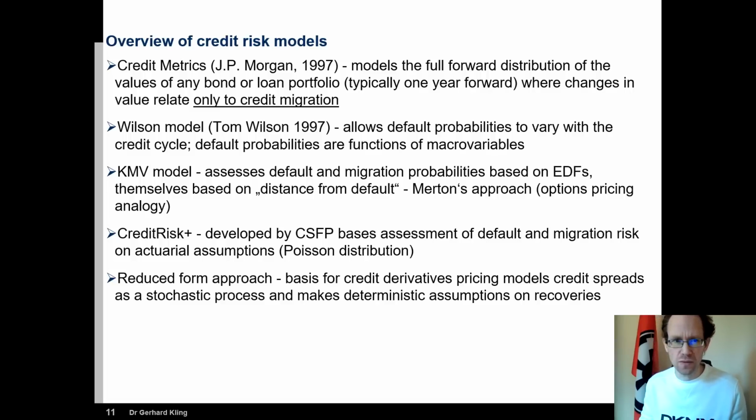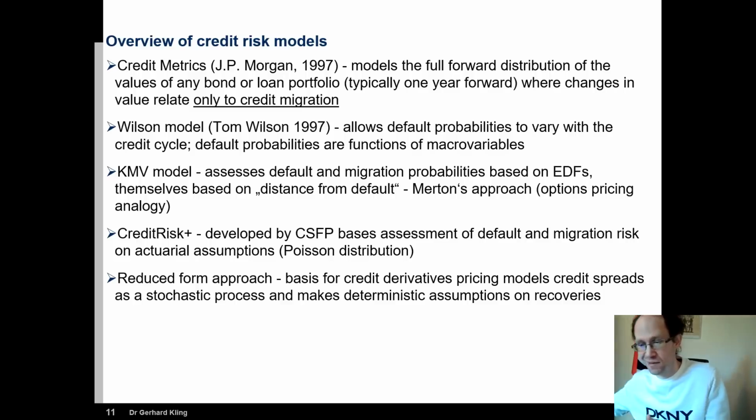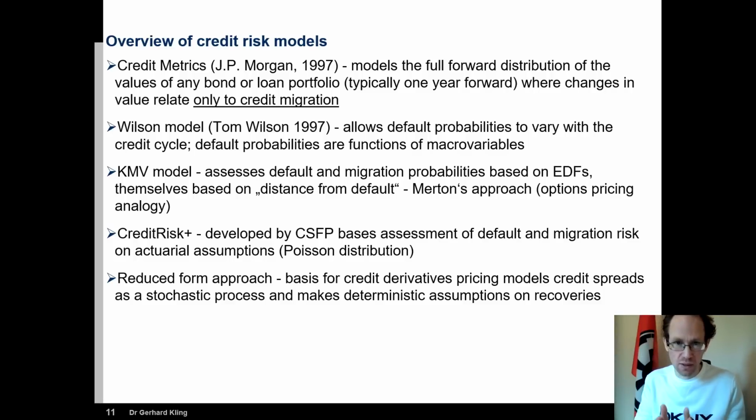So the idea of CreditMetrics is to look at a period of 1 year going forward and try to assess the credit migration. So basically, going back to the previous slide, we want to see what's the likelihood of a transition in terms of creditworthiness, which of course then translates into a change in bond prices. And this we try to model looking forward by 1 year.